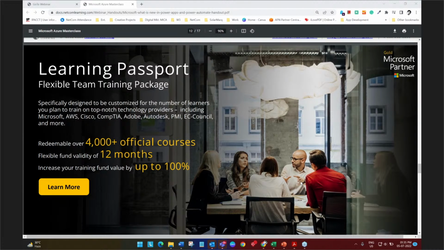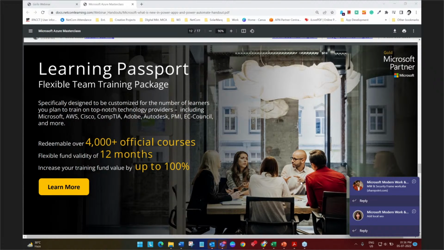You can train whichever team member you want, and that gives you amazing flexibility. So you can keep leveraging the same fund value across multiple employees, across multiple courses over a period of 12 months. And it increases your training fund value by up to 100%.